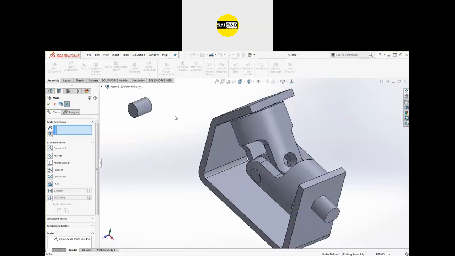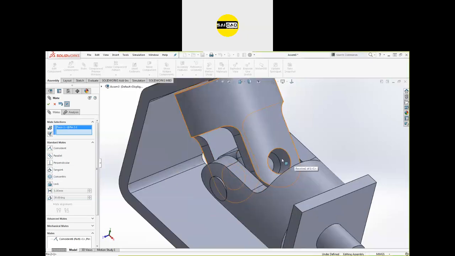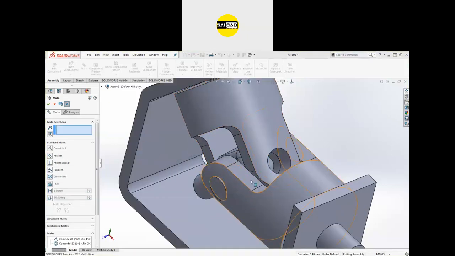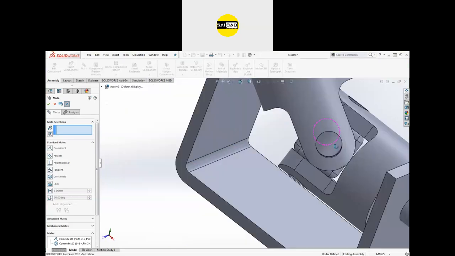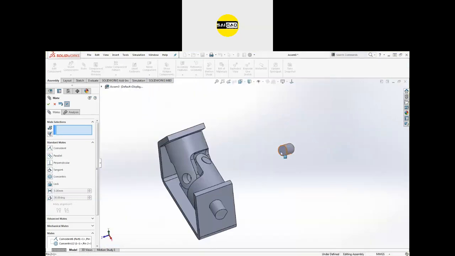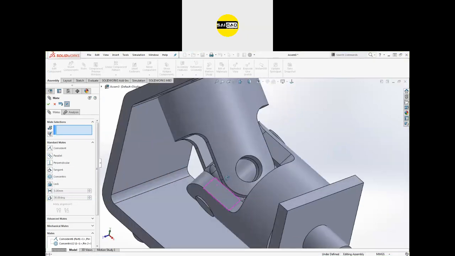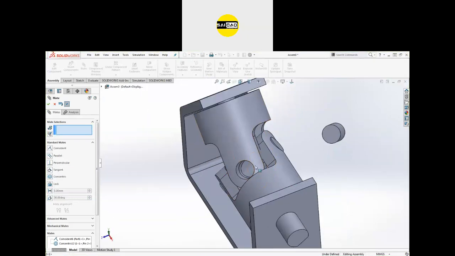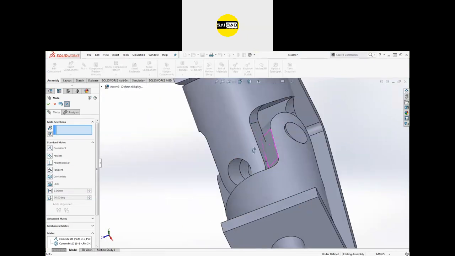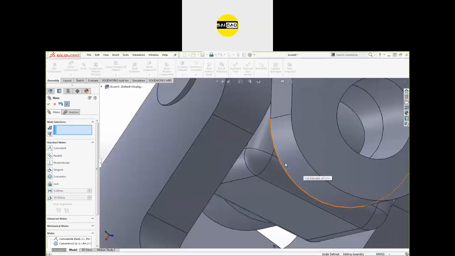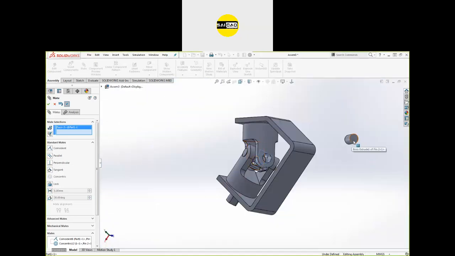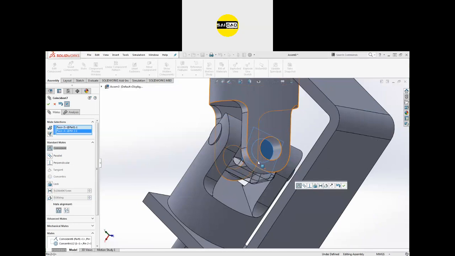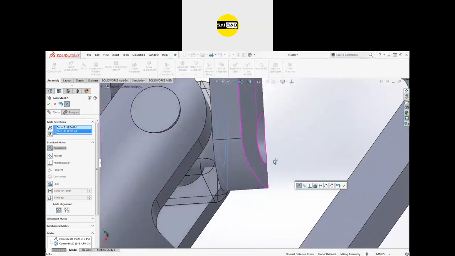Now we have to add a small thing like here. You can see we don't have a plane for that, because its plane is in the middle, and we don't have a plane around here. So we can just select the face also. I have a face here of this object, I can select this face. Now you can see it is coincident to that face.